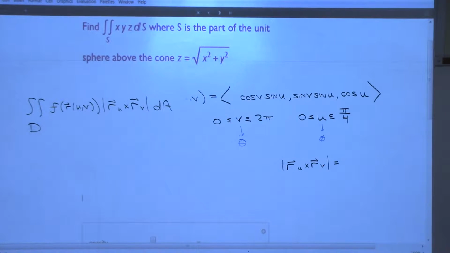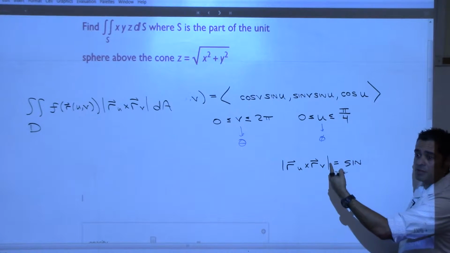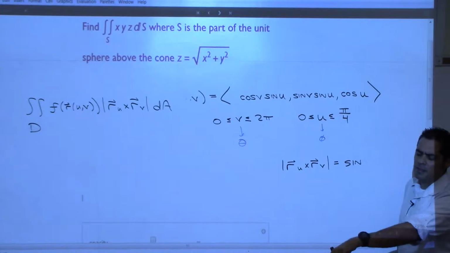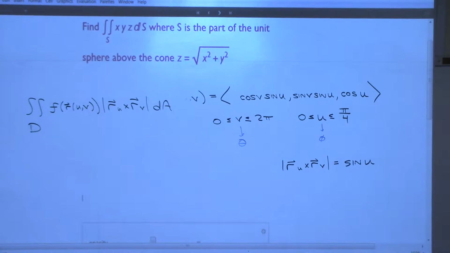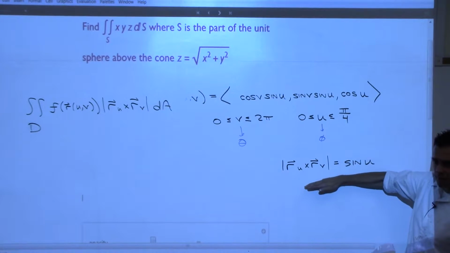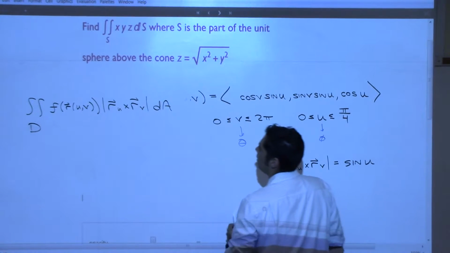I think we got sine V. Will you go look? We got, yeah, we got, or was it sine, sorry, sine U. Sorry, I switched my U and my V on my work. A squared. Yes, A squared, but you're looking at the other example. The one before that was a unit sphere. So we got sine U. If you go through the work, okay. So do you understand how much time we just saved ourselves, right? Okay. All right, so now we go and